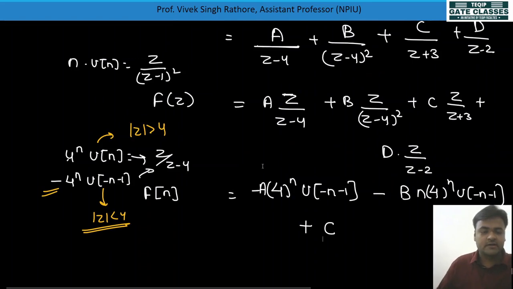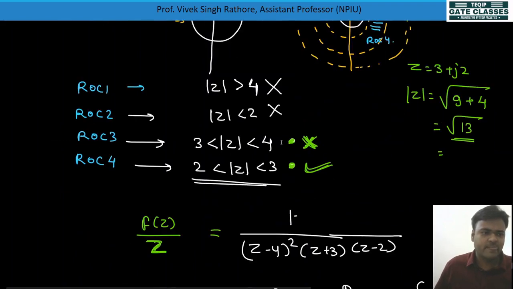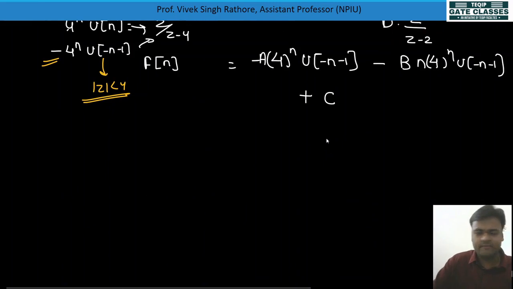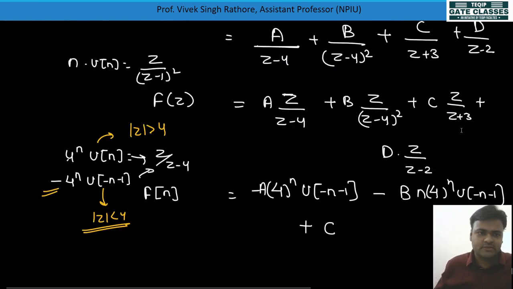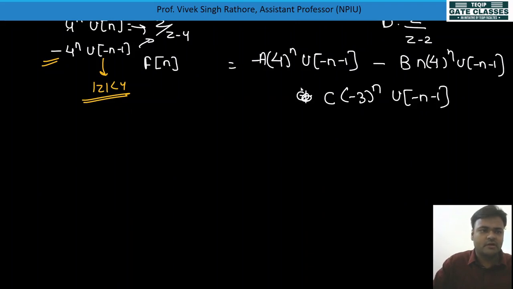Now z plus 3 means a pole at -3. So this should be inward only. So here also we'll take the same thing, with the pole at z plus 3. So we'll take here -3 to the power n, and u of minus n minus 1 will be there, and this will be a negative value. Okay, now final